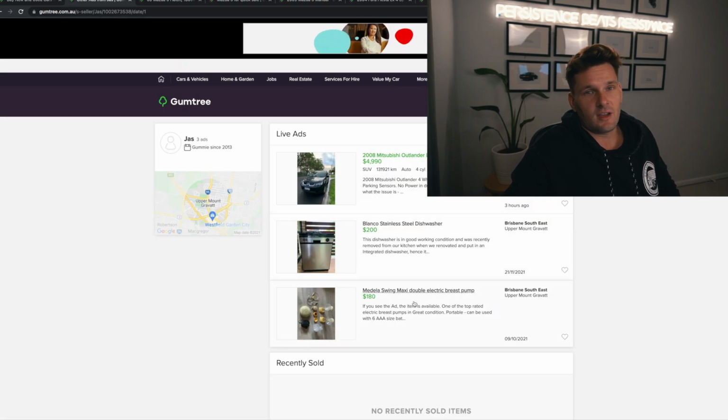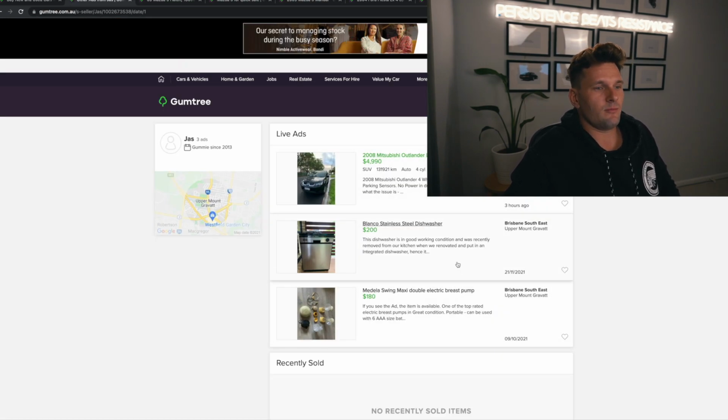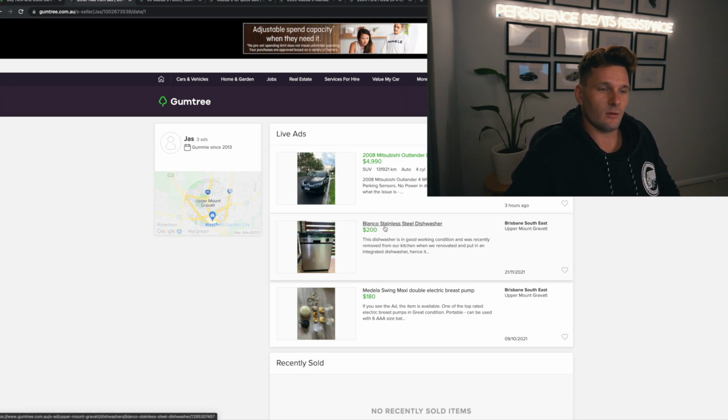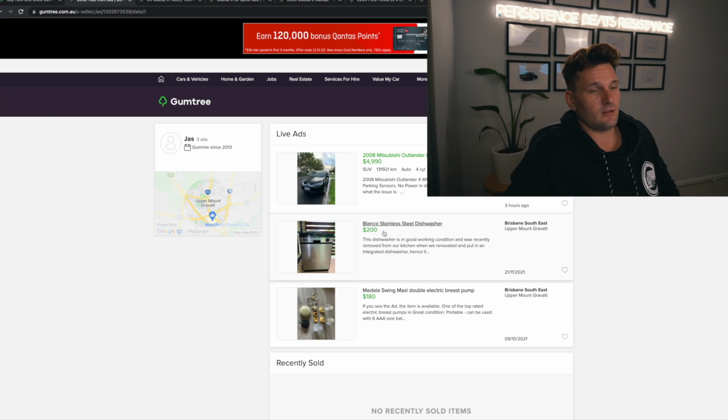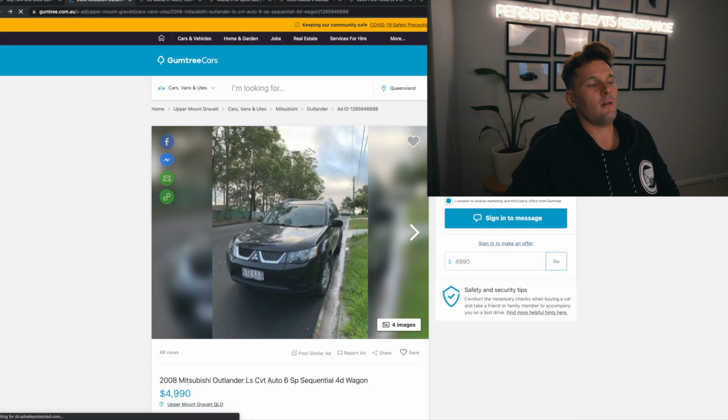They're not selling a bunch of other cars, which is good because it means chances are they're probably not a car flipper or dealer or whatever. They're selling fridges and whatever. They look like just a genuine, honest seller. So there's a chance that this person's had this car for a while, and they don't know how to fix it, they don't have the money to fix it, and they want to get out of it. So this is a car that I would probably follow up on,